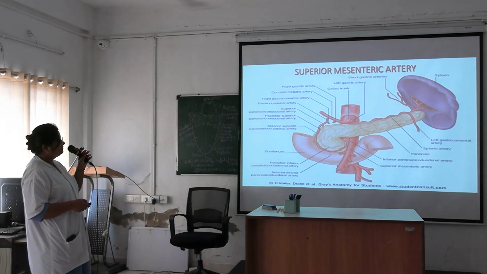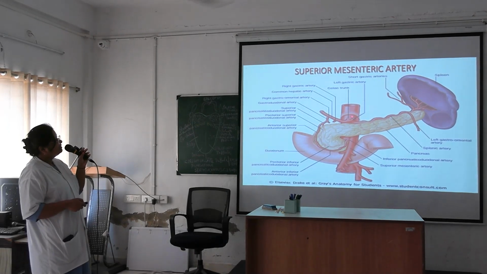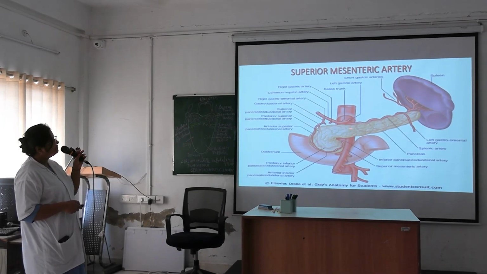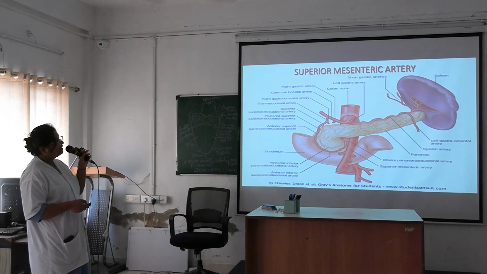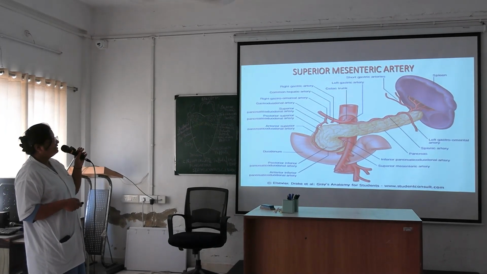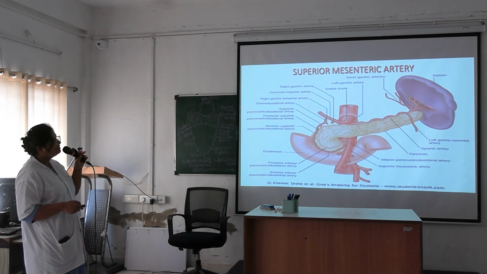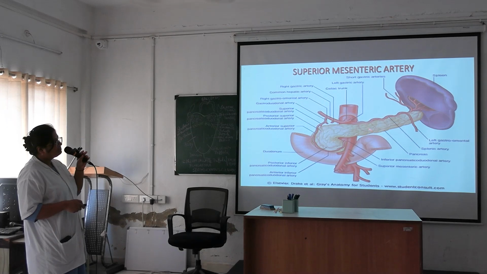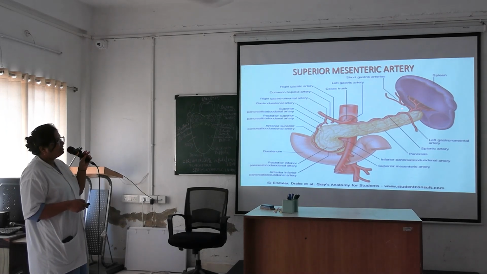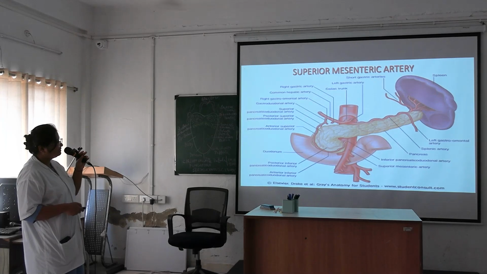See here, this is the celiac trunk. It is giving these three branches. This is left gastric, this is hepatic, common hepatic, and this is splenic. Okay, tortuous splenic artery lying along the superior border of the pancreas, going towards the spleen. This is also giving short gastric artery, splenic branches, pancreatic branches, left gastroepiploic artery, okay, or left gastromental artery.